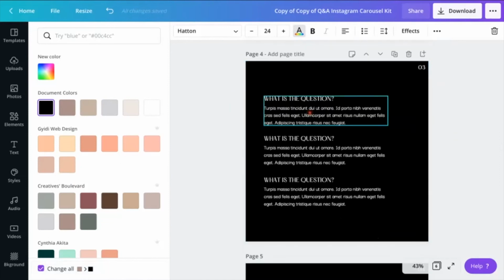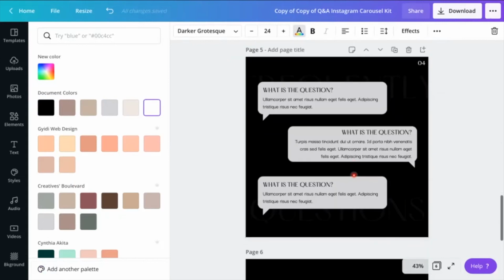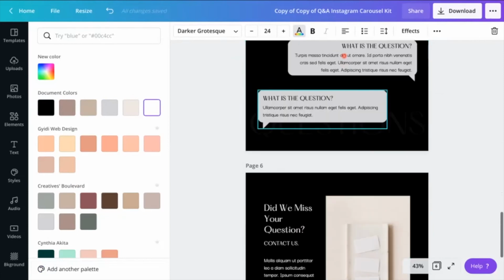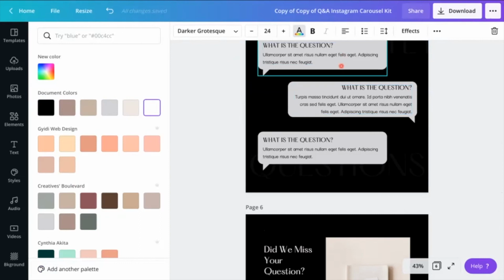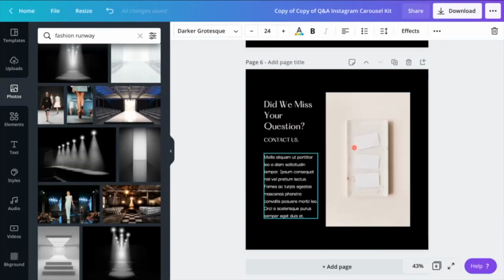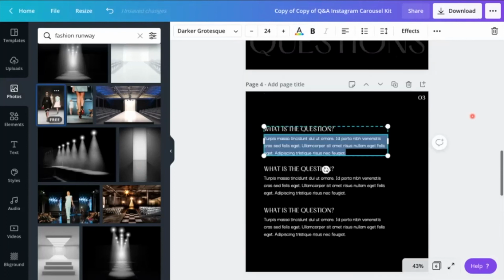So to change the text, once again, you click and select and then type in whatever you like. Don't forget to change your page numbers if you need to, if you rearrange the order or just use a couple of them at a time. But as you can see, everything translated. This up here is gray, I apologize, and the text is black. So we've done all that, made those changes, and all I have to do is change this last photo here. And I'm just going to drag and drop. So there you go. We've changed this here